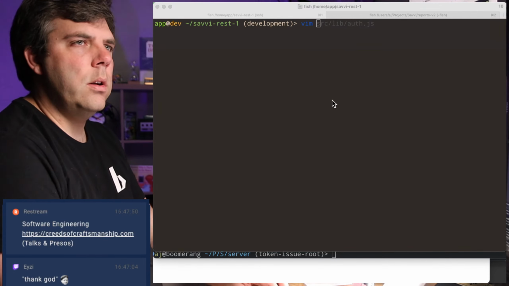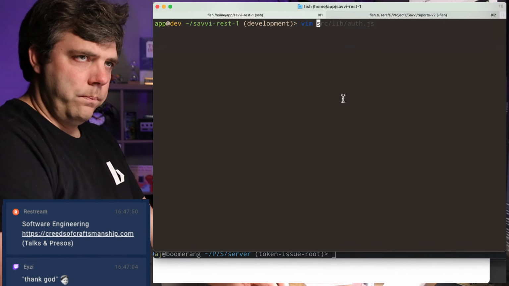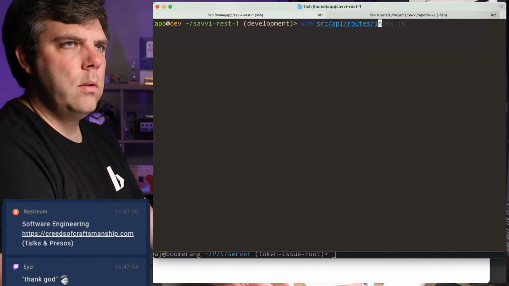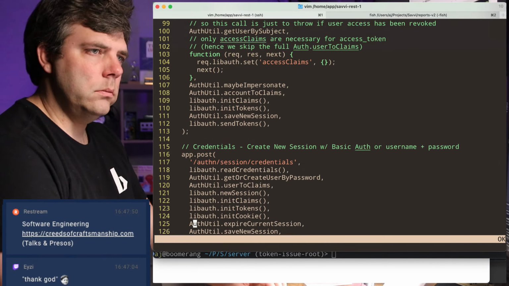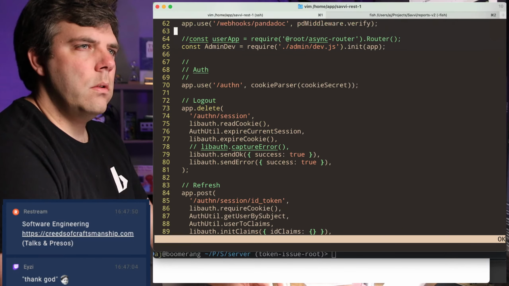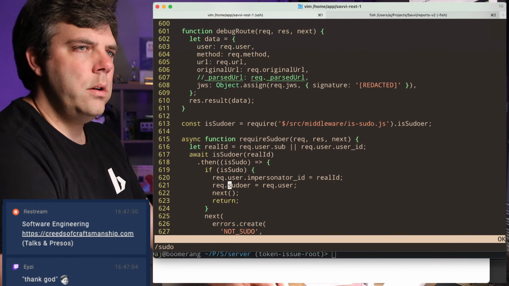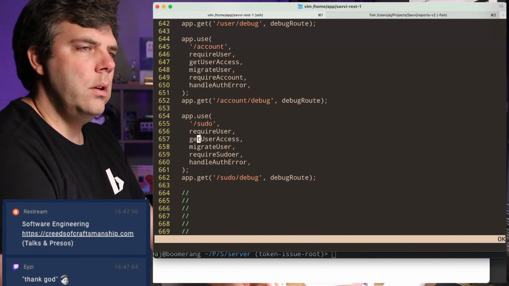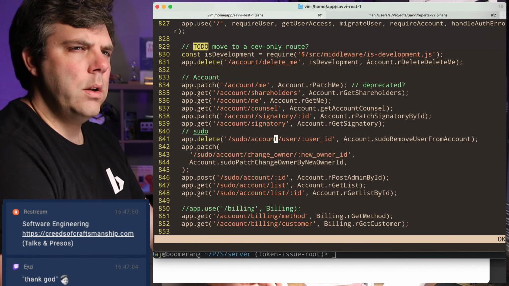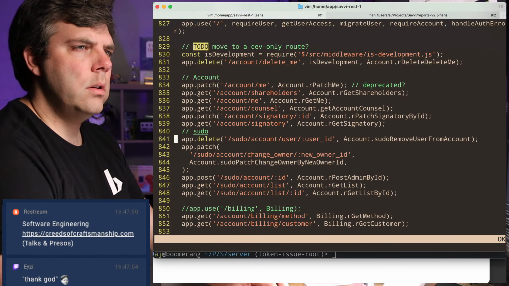I think the next thing I want to do on this is we have source API routes indexed. Let's see, where's our sudo paths? So require user, sudo debug. Okay, remove user from account.